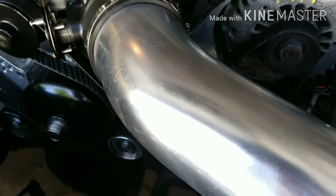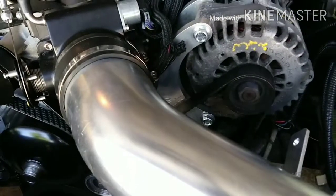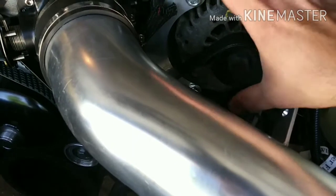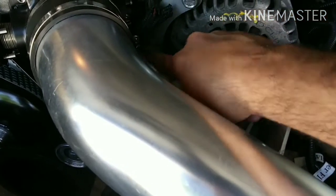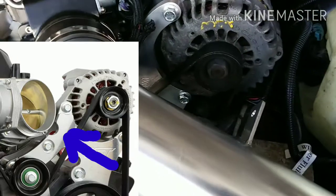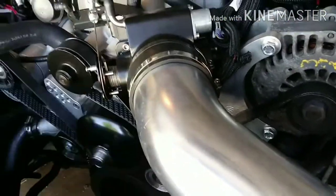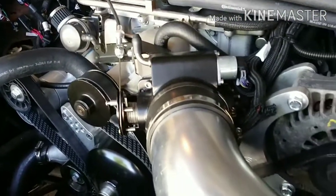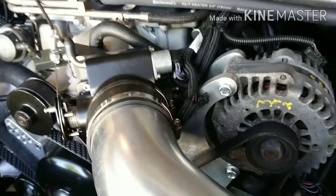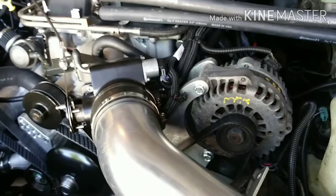I know that ICT Billet has this bracket, that their alternator and power steering bracket has a little notch right here. So something just to know about it. I guess if you're going to use the cable-driven throttle body, I'd suggest you should get the ICT Billet setup instead